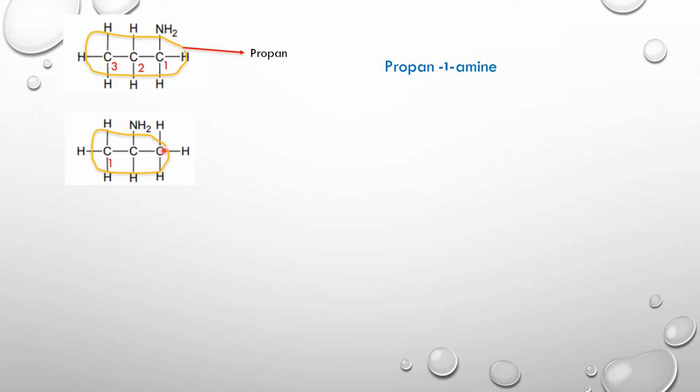Now when we number the carbon atoms, it doesn't really matter which side we number from. We can number from the left or the right, because it is symmetrical. So that's going to be carbon 2 and we have carbon 3. The amine is on carbon number 2. Therefore, looking at the parent chain, which is propan, the name of the molecule will now be propan-2-amine. Propan-2-amine because propan is the parent chain of 3 carbon atoms, and carbon 2 has the amine group, that's why propan-2. And then we put the word amine.